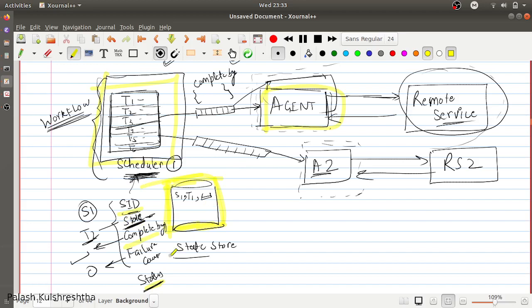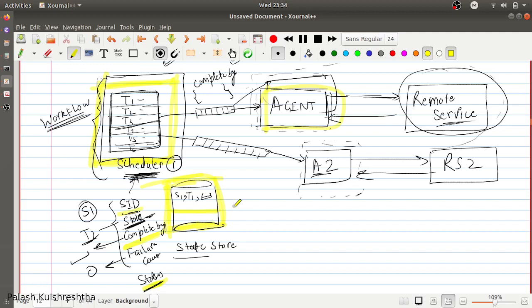If the status of a particular task has not transitioned to success by the time the complete by time is reached, then the scheduler knows that this task has failed. Either it will reassign this task to some other agent, or it will mark that task as failure, right?